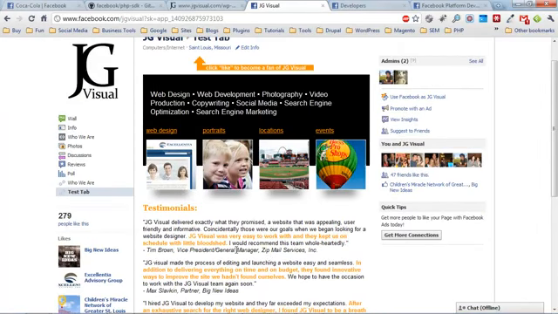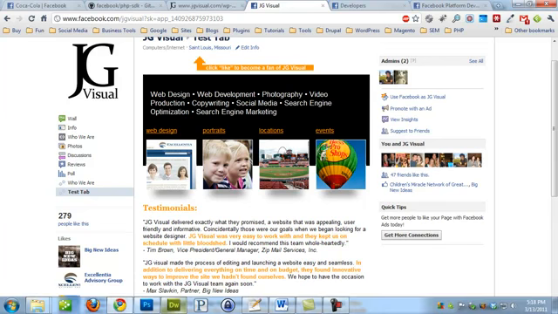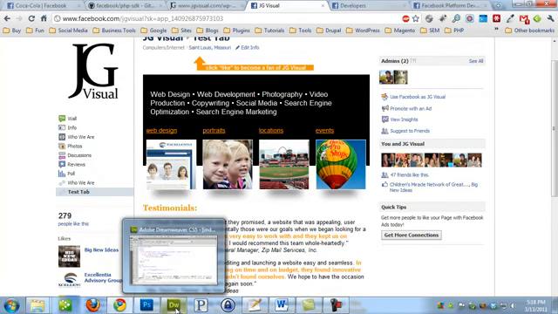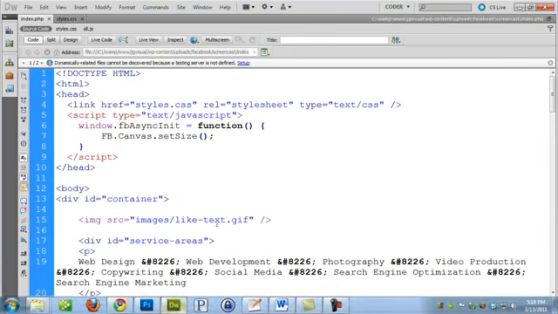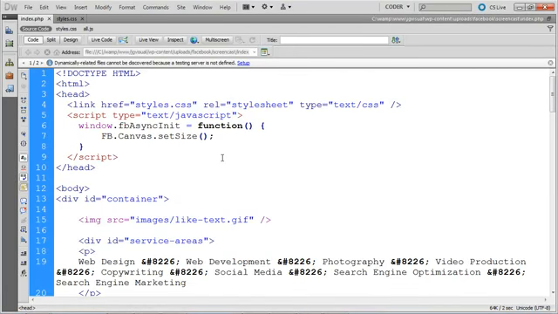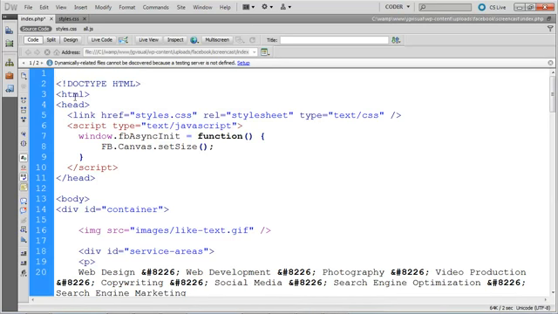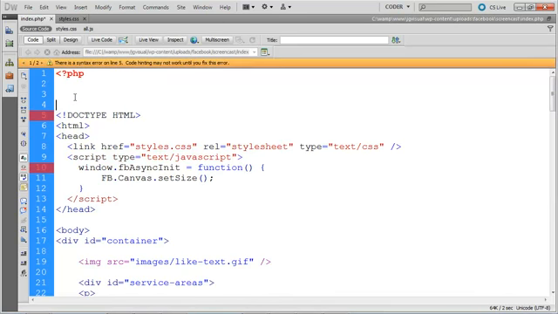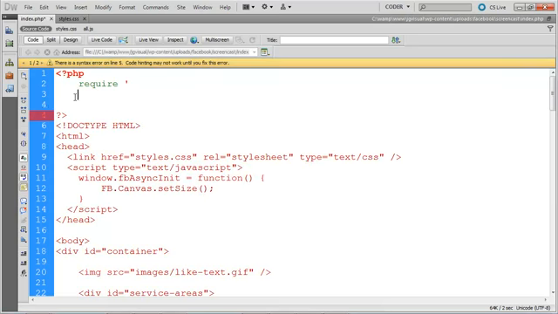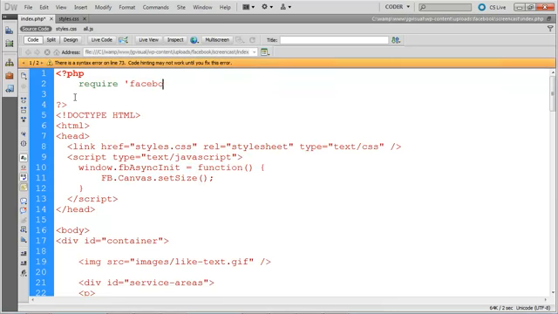So the last thing we want to do before we're done here is pull some information from Facebook. So remember we talked about using the Facebook PHP SDK to pull in some information that Facebook gives us not only about pages but about users as well. So the first thing we need to do for that is add in the Facebook PHP file. So the way to do that is to do require Facebook.php. And what that'll do is that actually pull in that PHP